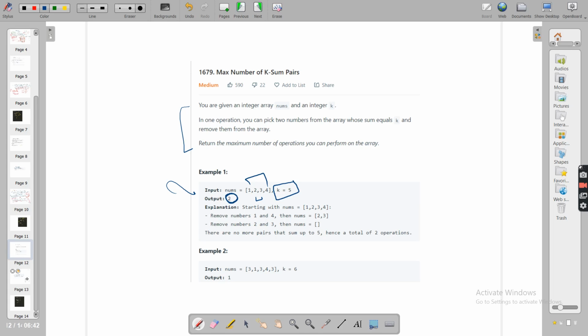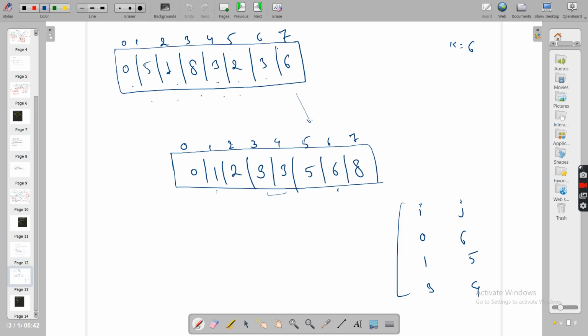Now come on guys, let's see what in brute force you can do and what all things you can do. So obviously, if you're given this sort of array and k equals to 6, you have to find all such pairs whose sum is 6. So in brute force, forget about any approach, any technique, any idea. Normally, you'll go for iteration from left to right. So for every index, see, 0, you are having 0 value here.